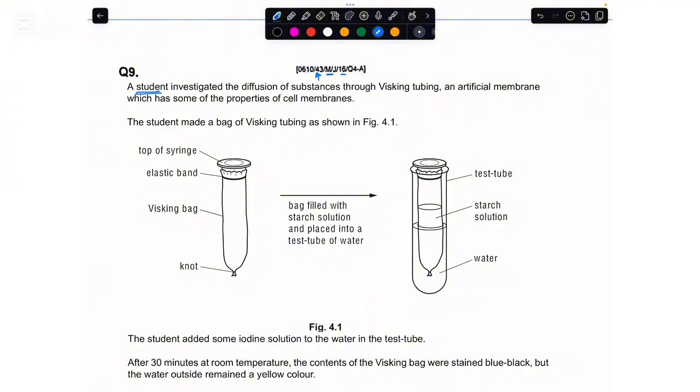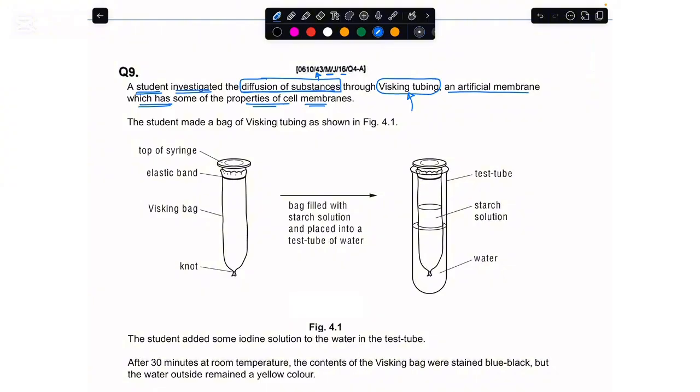They say we have got the student and they investigated the diffusion of the substances. Now, what we have to focus on is that they are determining the diffusion of the substances, and that is actually being done through a Visking tubing. In biology experiments, the Visking tubing basically acts as an artificial membrane which has the properties of the cell membrane, and we have to perceive that these Visking tubes would be acting as a partially permeable membrane